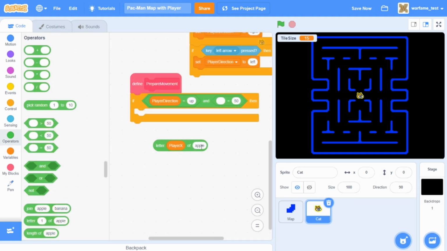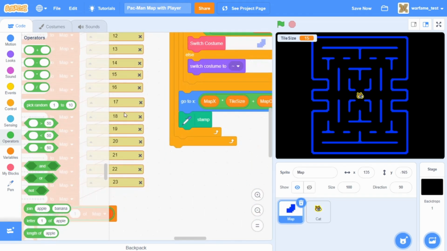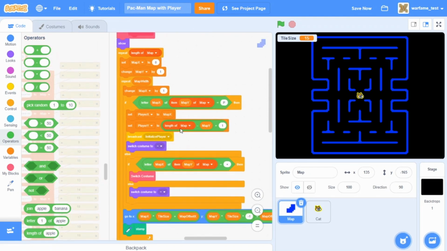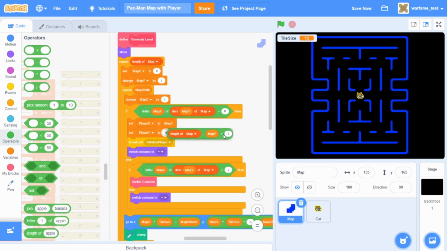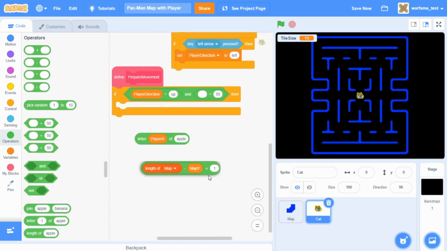And then inside of here, we actually can't use player y, and that's because, remember, inside of our map, we created the player y to be equal to this. So we actually have to use this code right here inside of the cat sprite. So let's drag this inside of the cat, and the code should copy over. All right. And remember, the player y and map y are mirrored. So like if the map y was right here, then the player y would actually be over here. So we actually have to first convert the player y into the map y to check for the tile above